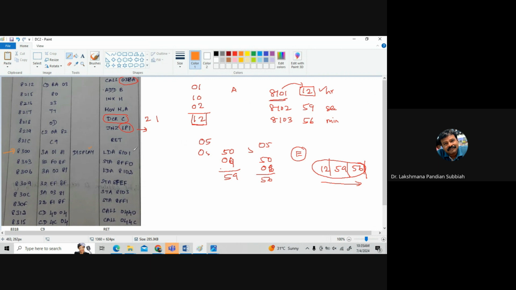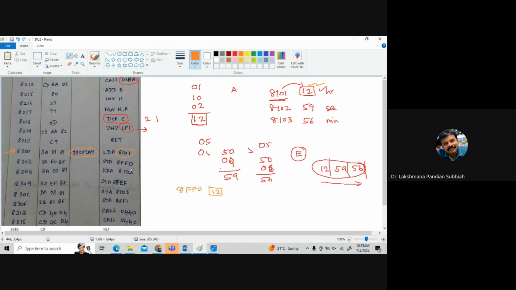We are getting the first character with load accumulator with 8101. So that hour is going to be loaded. Now this hour is going to display, right? So here we need to have that one. This is the regular routine. So you have to now store the accumulator at 8F00. In that 8F00, 8101 is our data. Our data is going to be placed in that location. Why we are going to place it in that location is that the display routine is taking the first character from 8F